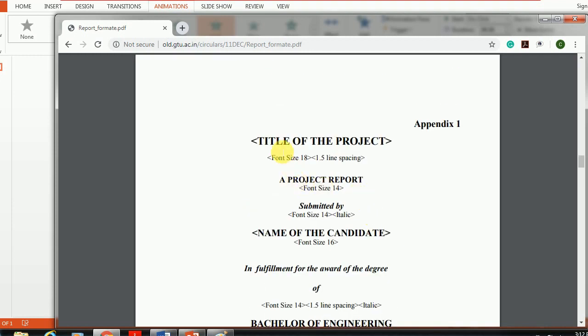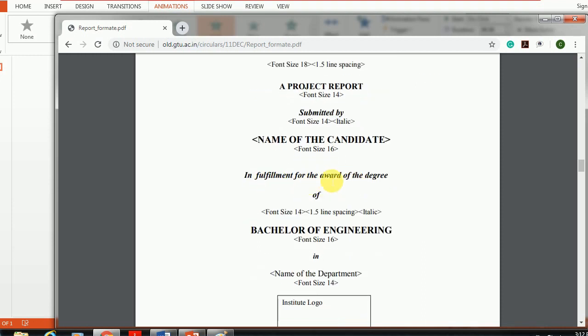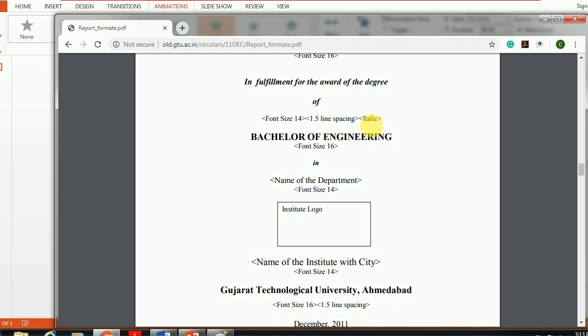So the very first is your title page. First you need to write the title of the project, and the font size will be 18. You require 1.5 spacing in each. Then 'A project report', font size is 14, 'submitted by name of the candidate in the fulfillment for the award of degree'. If you are in the 7th semester, then 'partial fulfillment', font size is 14, 1.5 line spacing and italic.